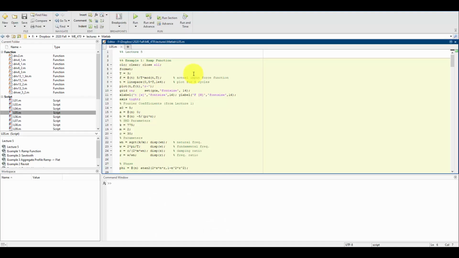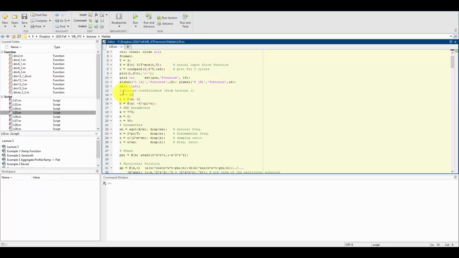Going into the MATLAB, I can define all the things I just had in what I was able to work out by hand so far. I can identify and I can put in my Fourier coefficients. My A0, again, I already knew was 5, and then the definitions for my A's, which I'm going to make functions of n, and my B's, also functions of n. The given spring mass damper parameters, we didn't have to go through a Lagrange, in this one we were just given that. And then the parameters I was just able to calculate. So I'll at least run that so far